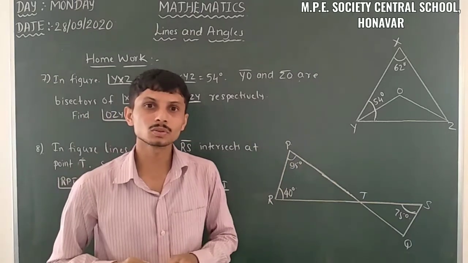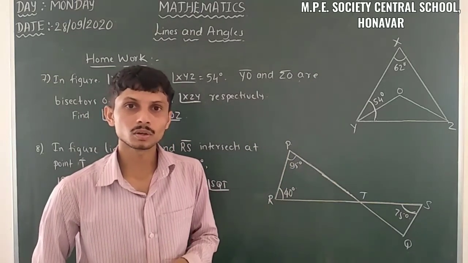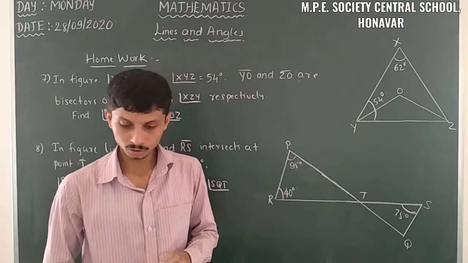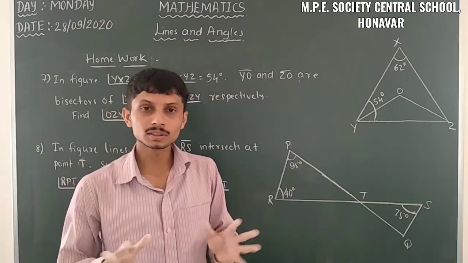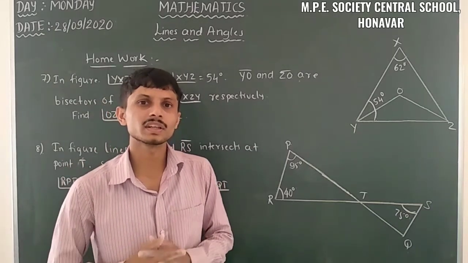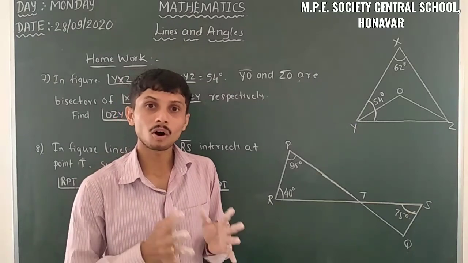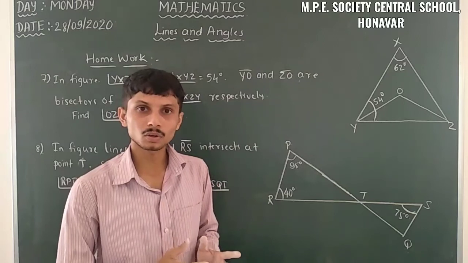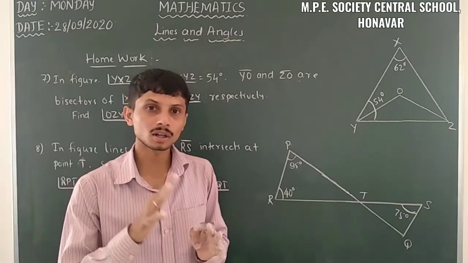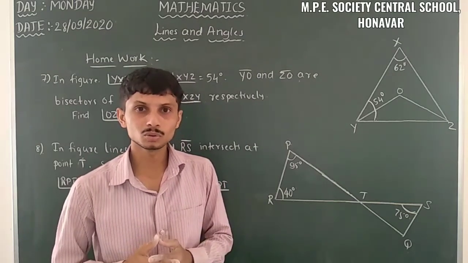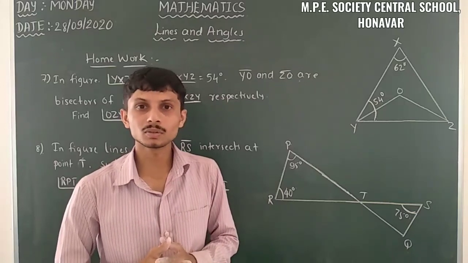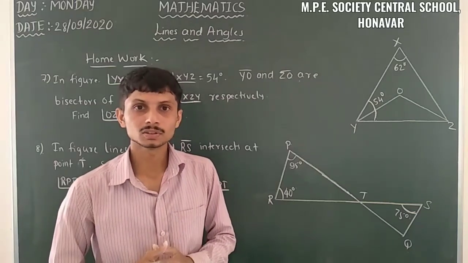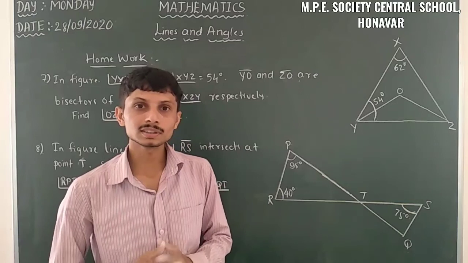So let us take those two homeworks. You have to solve them at home. Here I will conclude this whole chapter. It's a very easy chapter when we have all the basic knowledge. From the basic knowledge, from all the axioms and all the theorems, we have to use them in the right way and the right steps. So I will conclude this chapter here.